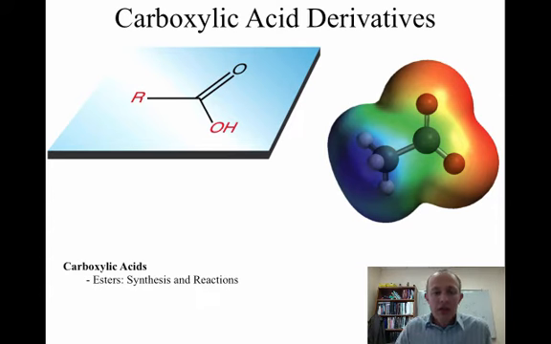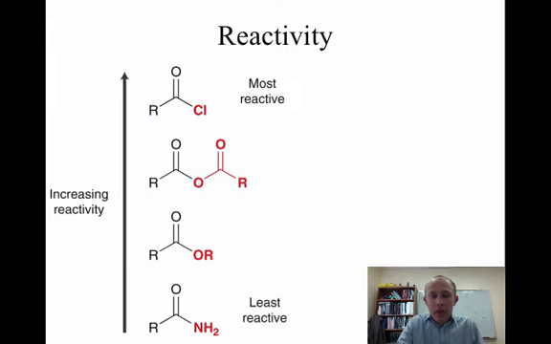Esters are one of the most important carboxylic acid derivatives that we're going to talk about. They're found throughout biology, and we're going to talk about a lot of the interesting examples of biologically relevant esters, like fats, in class. In this video, we're just going to introduce how esters are formed, reactions to make esters, and then reactions that esters undergo. Before we do that, though, remember we want to refresh our memory about the reactivity of carboxylic acid